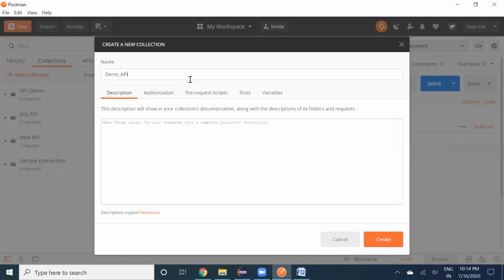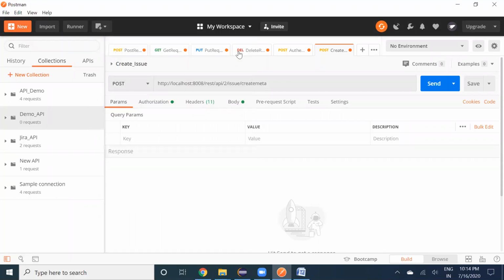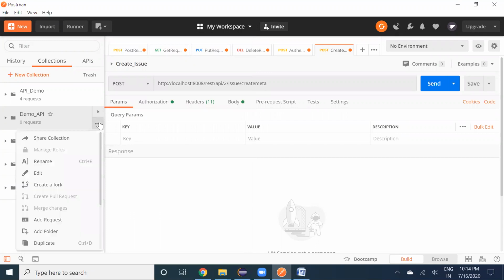Give some name, demo API. Now in the collection, we have to create some requests. So we'll do the basic four requests now: GET, POST, PUT, and DELETE. We'll do it. So first we'll create a request now.